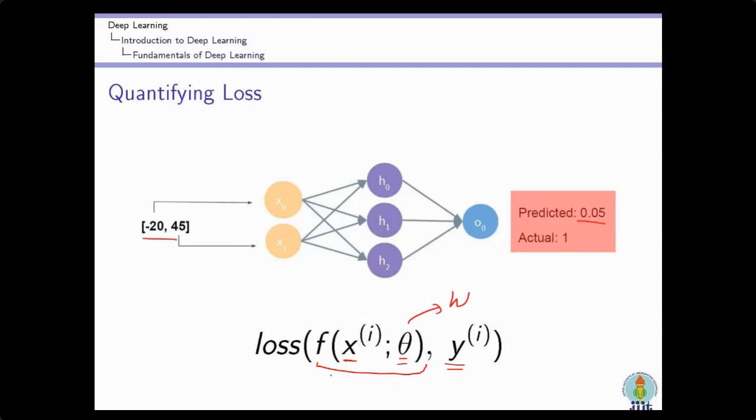So this is the predicted value, which is a function of the input values as well as the weight values, and the loss function can be calculated from the predicted and actual values. Now if I analyze this loss function, you will see the actual output cannot be changed because we have the actual output. Input can also not be changed. So what is changeable over here? Only theta, only the weight matrix is changeable. So by changing this theta value, I can minimize this loss.